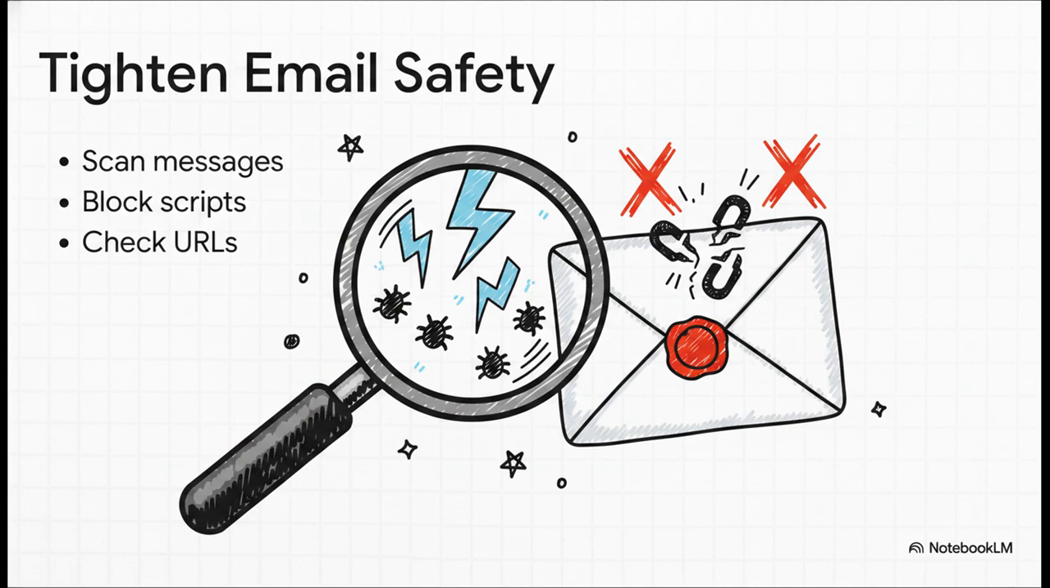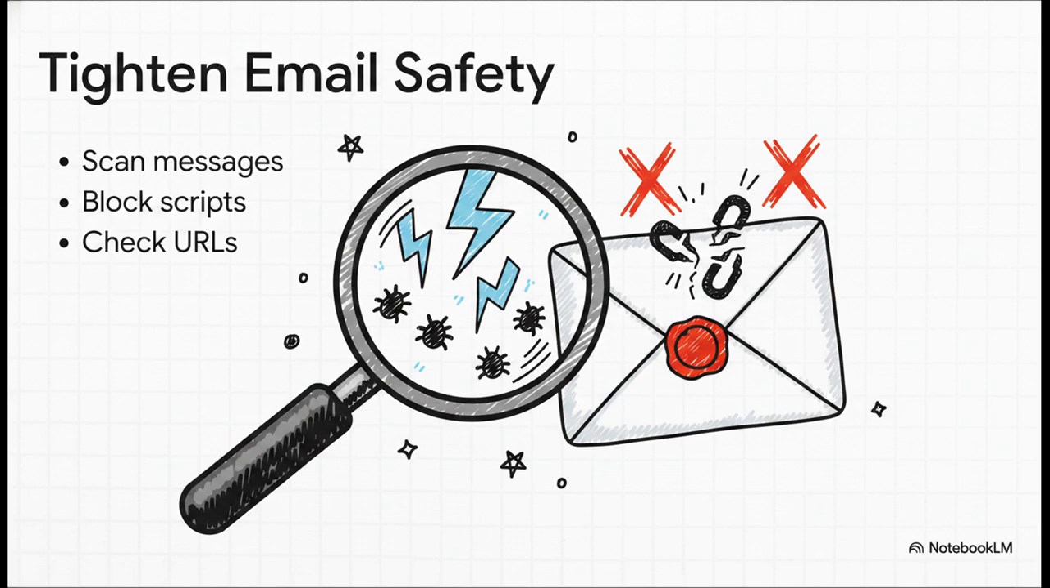You have to go into the Gmail safety settings yourself and manually toggle them on. We're talking about turning on enhanced pre-delivery message scanning, protecting against encrypted attachments, blocking scripts from untrusted senders, and enabling protection against shortened URLs. Your team won't even notice you made these changes, but your attack surface is going to